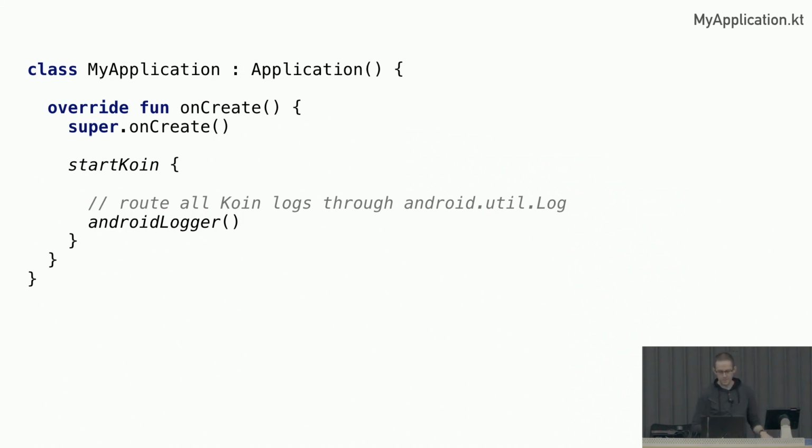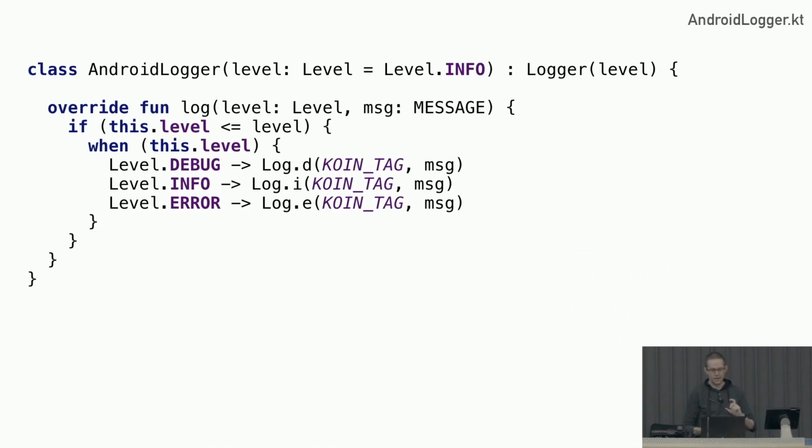And that's where the alpha is going to be. So now let's actually write some stuff. In our application class, first we would call start Koin right away in onCreate, and then we would add a line for Android logger if this is Android. And we do that because that's what every guide tells you to do.